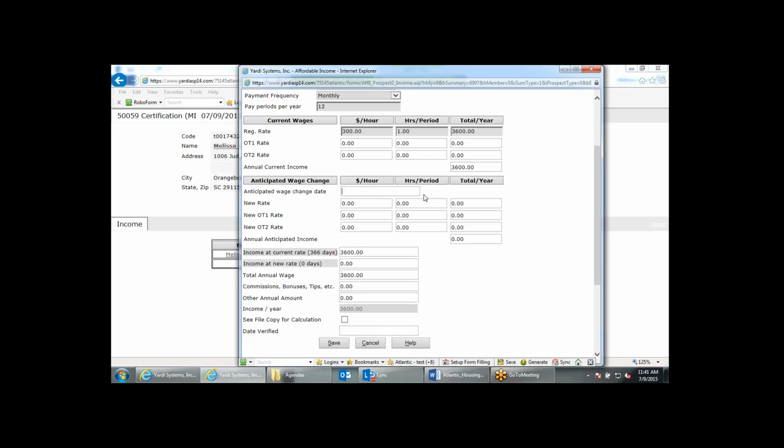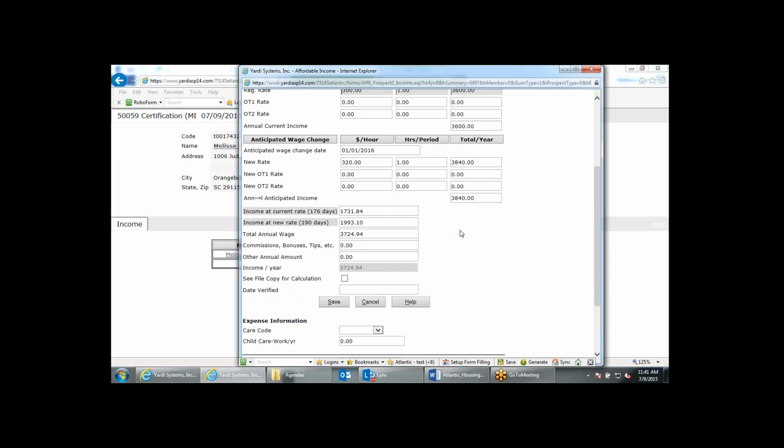Let's say that this is for child support, and they're getting a child support check monthly, and let's say that they're getting $300 a month. Yes, it looks like they are. So $300 a month in child support, and then hours per period in this case would just be 1 because they're only getting that $300